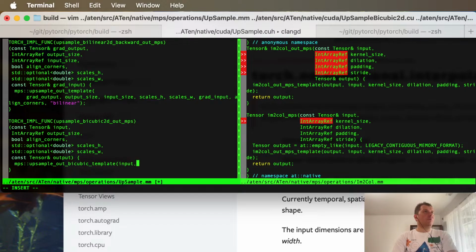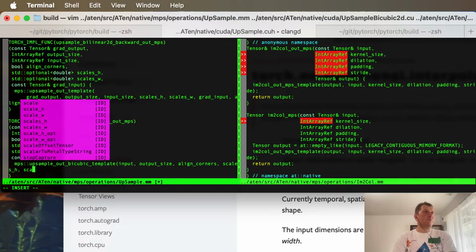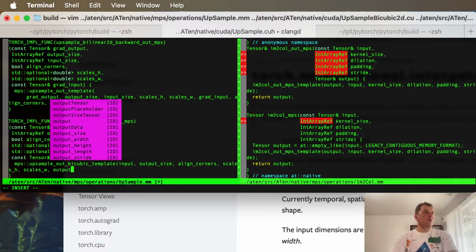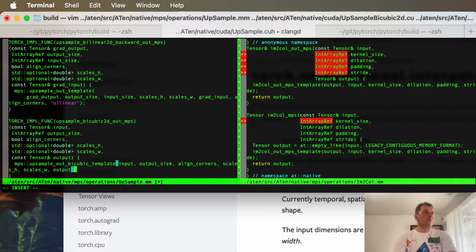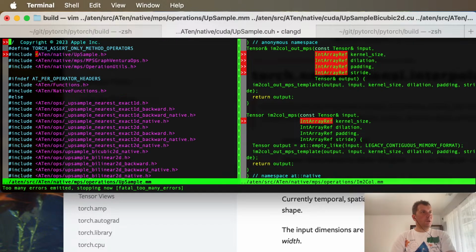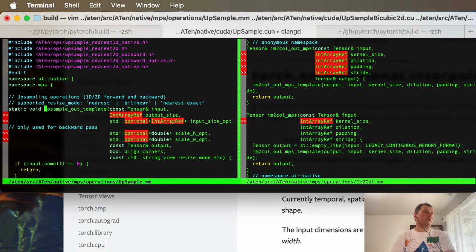Right, and input, output size, align corners, scales, H scales, W scales, and output. Right, upsample out template. So let's find the template up there and just implement something similar